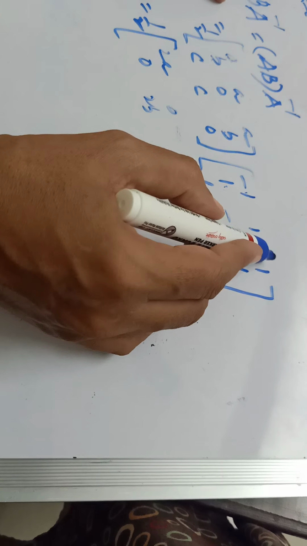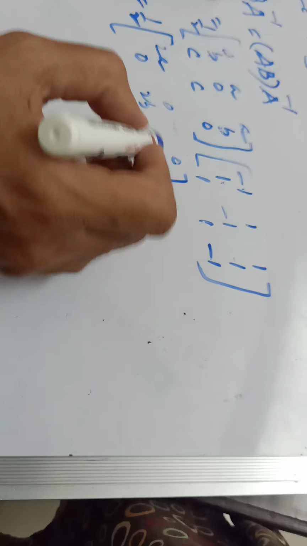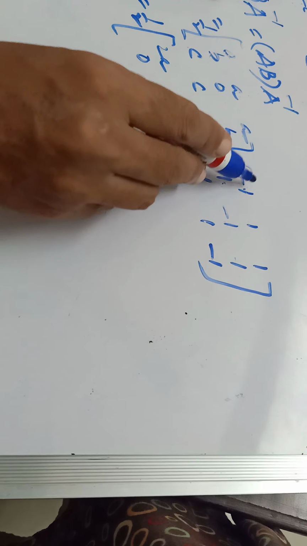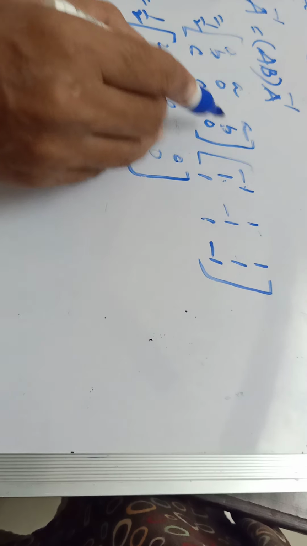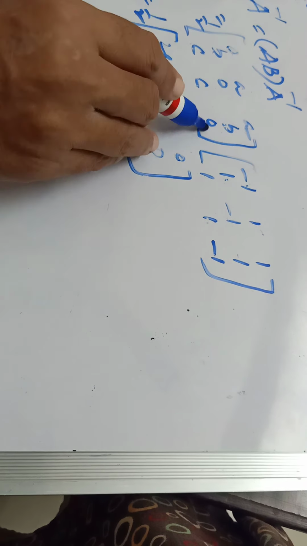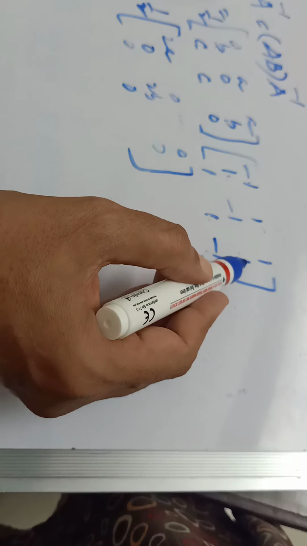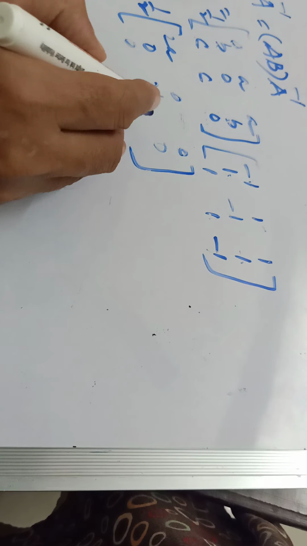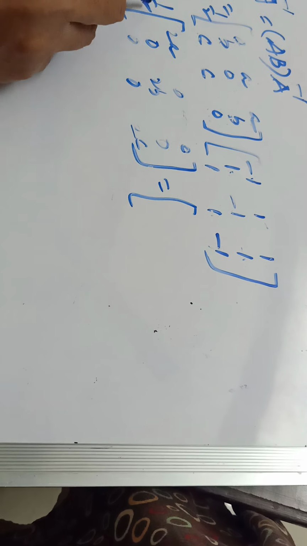Now multiply the same row with third column. B, this is 0 minus B, B minus B is minus C plus C, 0, so 0. C minus C is 0, 0 into 1 is 0. Now the last element, multiply third row with third column. C plus C, 2C, this is 0.